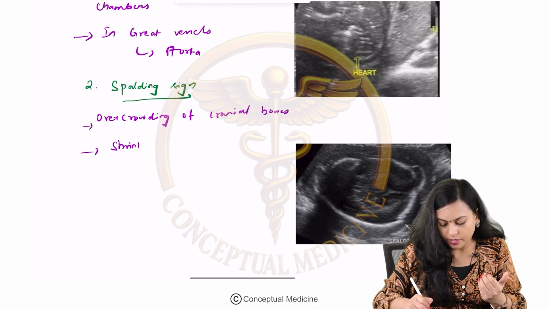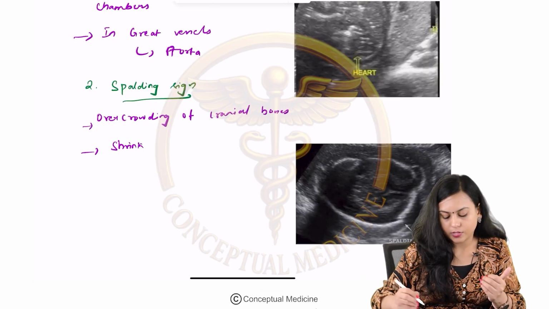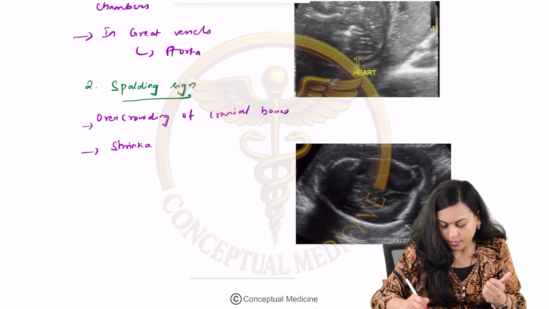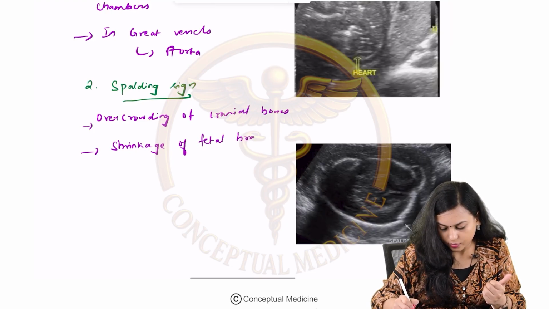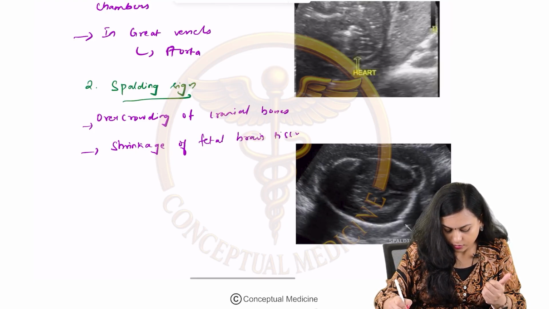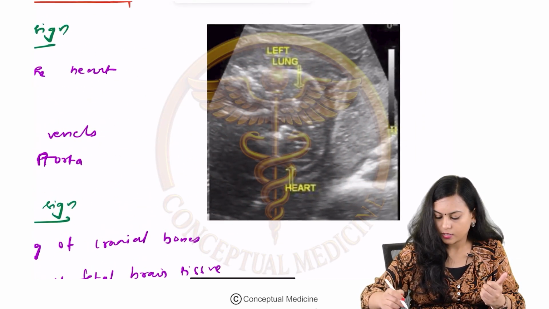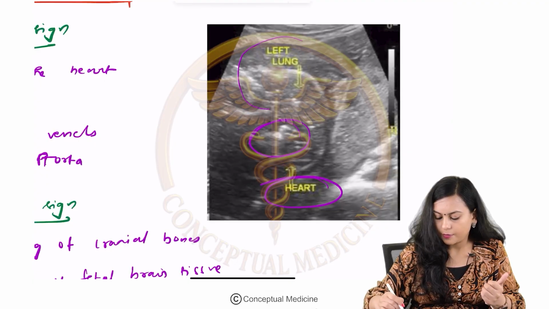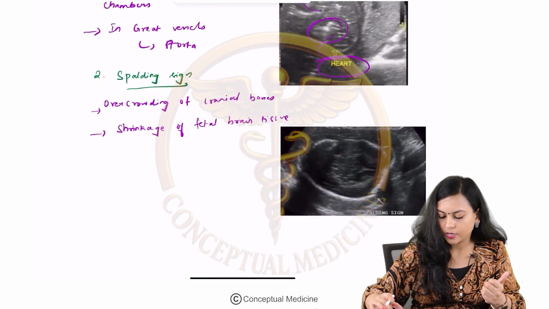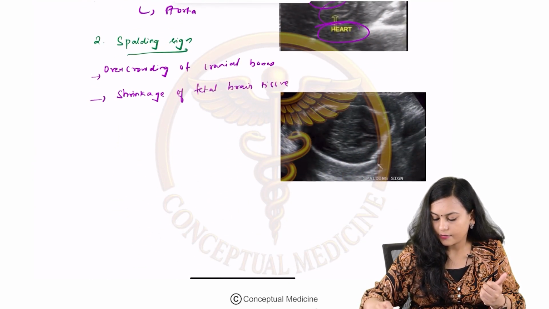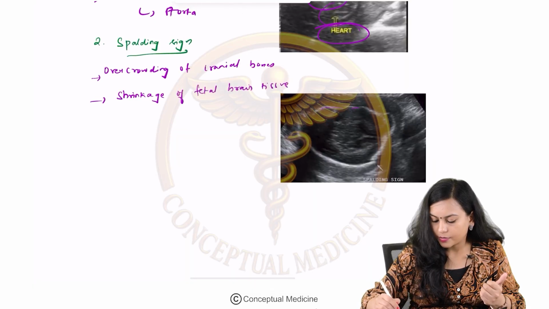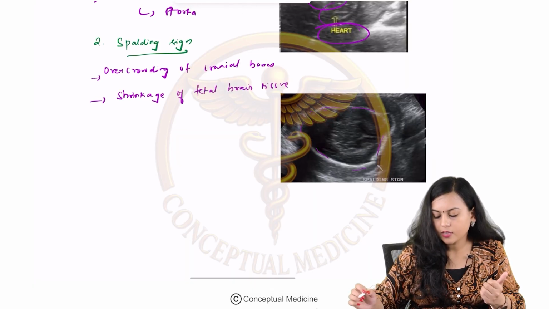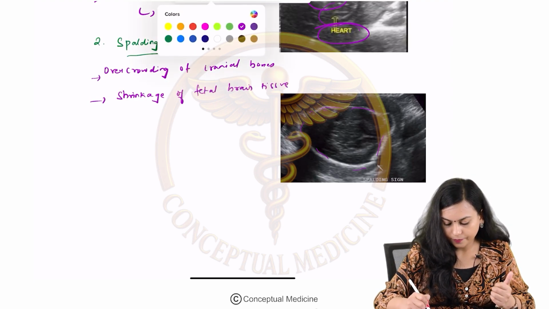So, due to that, there is overlapping of the fetal bones, okay, shrinkage of fetal brain tissue. Okay, so this is the thing. So you have a heart, okay, where you are able to appreciate the gas bubbles, okay, and then here you have a Spalding sign. You are able to appreciate that there is overlapping of the cranial bones, and